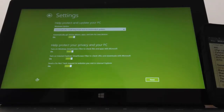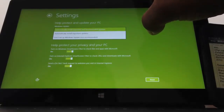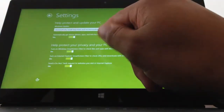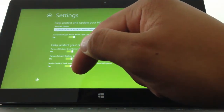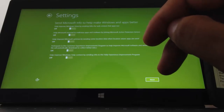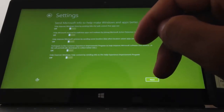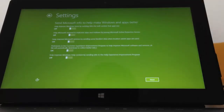Automatic. What are my options? Okay. Device drivers, Windows Smart Screen, Explorer Smart Screen. Do not track websites in your Internet Explorer. Send Microsoft info. I don't know if I want to do this. Respond to malicious apps and...